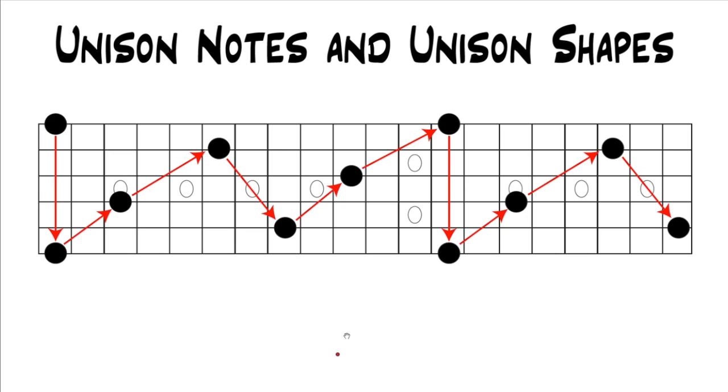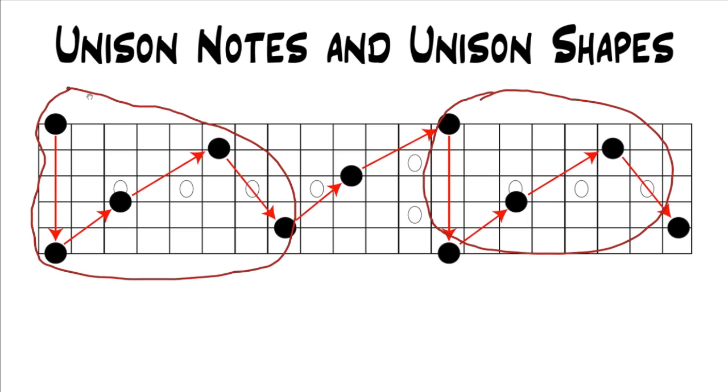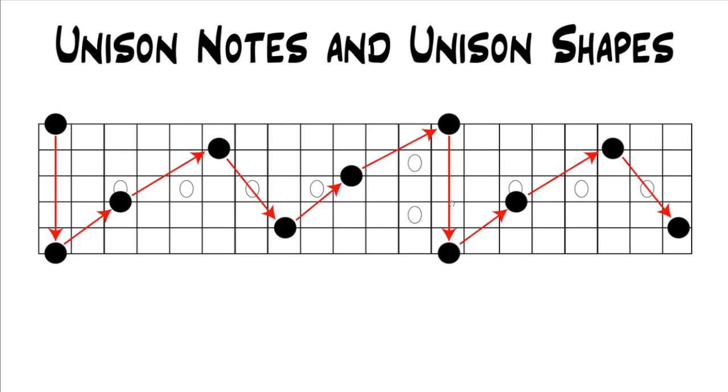But just like I mentioned in the last lesson, everything that's happening up here is the exact same as what's happening right here. And if your guitar went further, you would capture these notes as well. These notes are just repeating what's going on back here an octave higher. So if you follow the red arrows, each of those notes are in different octaves, so they're different pitches. Now I'm going to show you notes that are the exact same pitch,